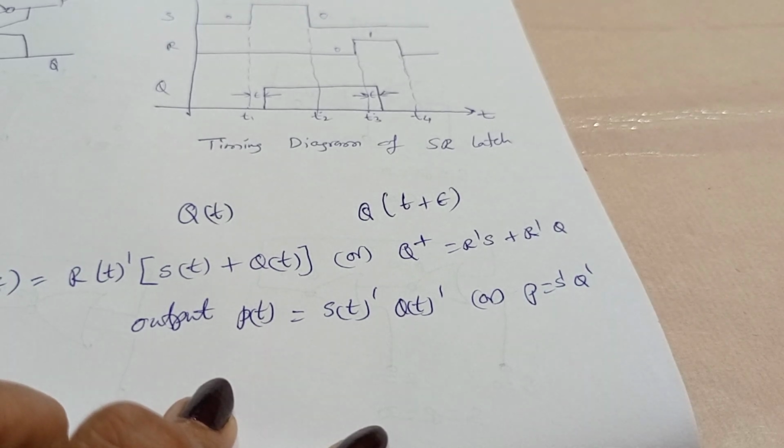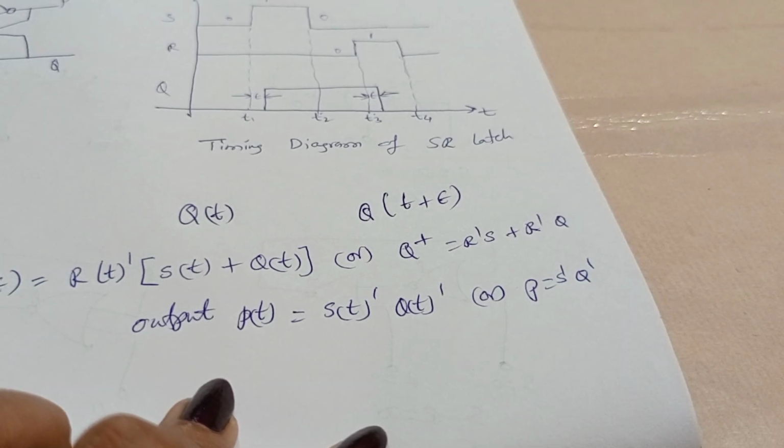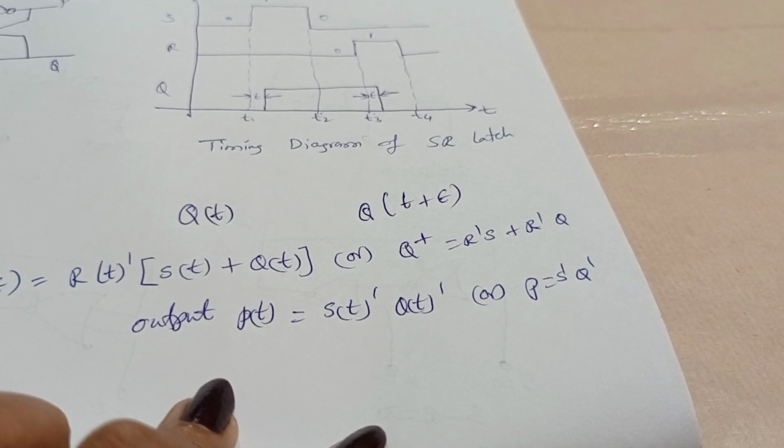These equations are mapped in the next state and output tables as given in the following table. Now we will see the table. The stable states of the latch are circled. Stable state means it is circled. Note that for all stable states, P is equal to Q except when S is equal to R is equal to 1, because it is not possible. So we make this a don't care combination, allowing simplification of the next state equation.